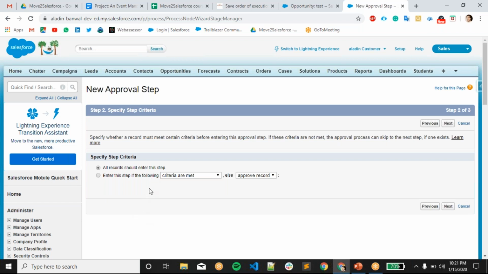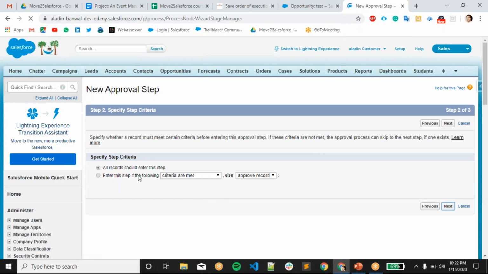So you can set the first step to update a field, or approve. For example, if there is an amount field and the amount is less than 10,000, then it should be approved automatically, with no approver, or else the manager will approve manually. That kind of scenario you can mention in your approval steps. So all records should go to approve record.